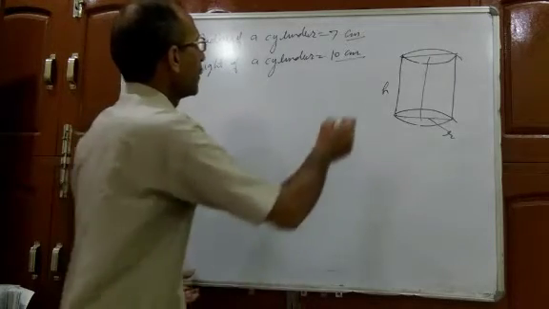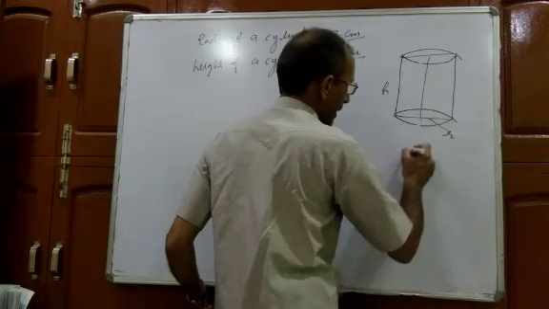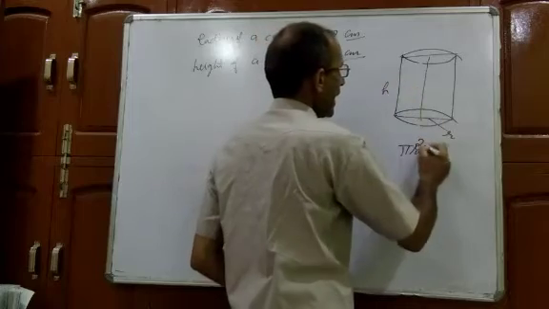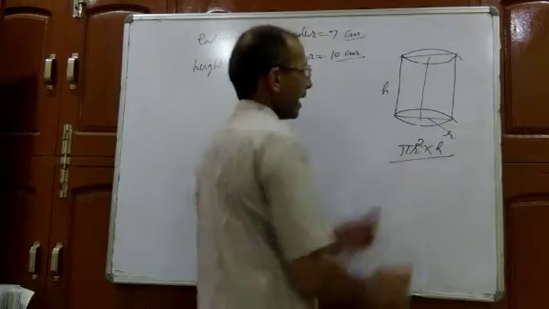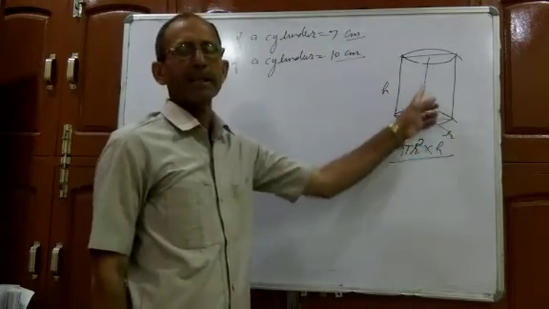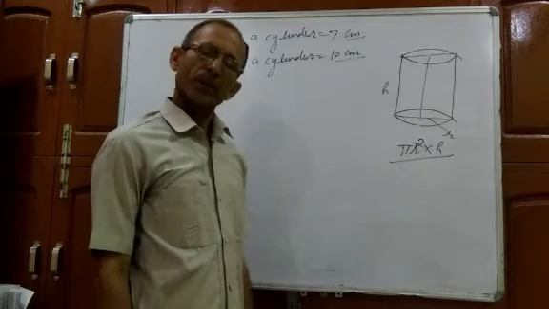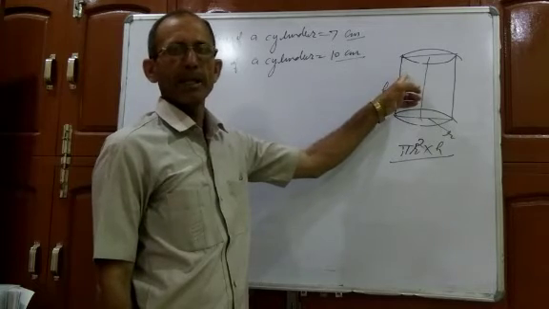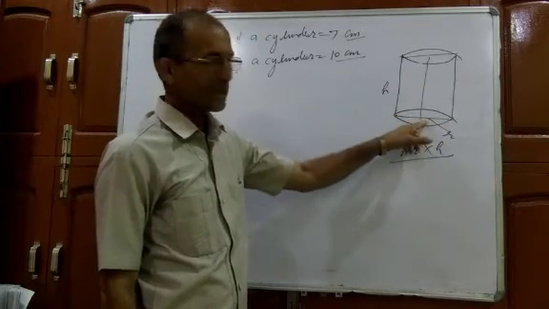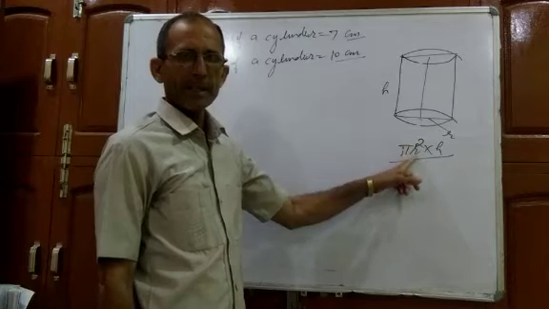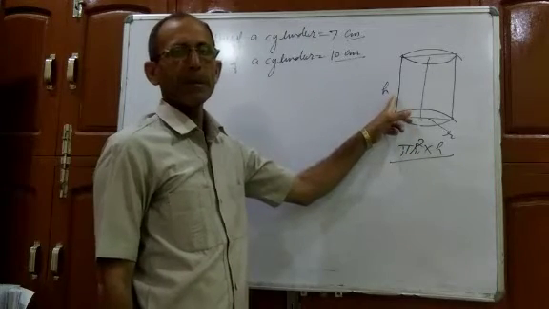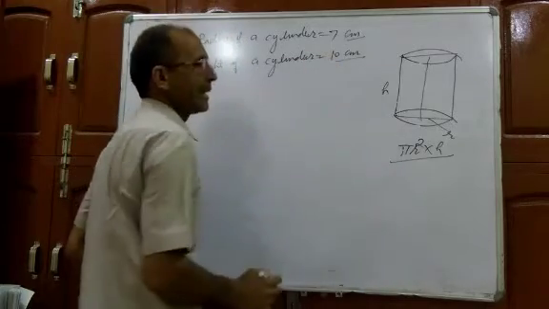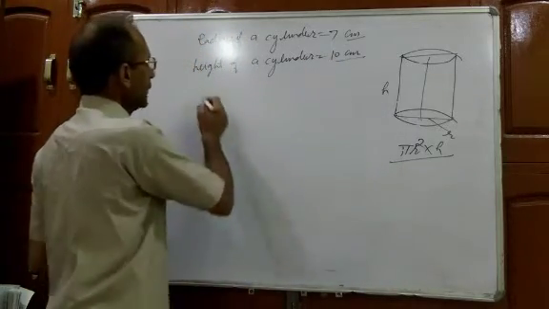To find the volume, because I told you the base is a circle, the circle's area is pi r square, and this is the height. If the base area is multiplied by height, we will get the capacity, or volume, same thing, of a solid. So this solid is a cylinder. The base area is pi r square and if I multiply by height, we get the volume. The height is 10 centimeter. So the volume of a cylinder,